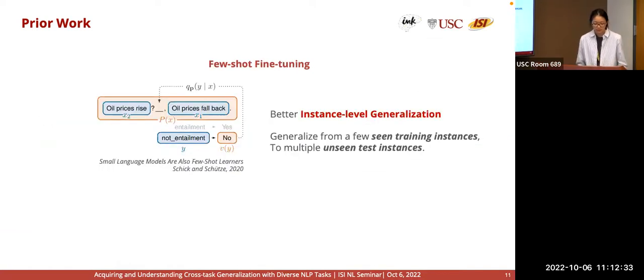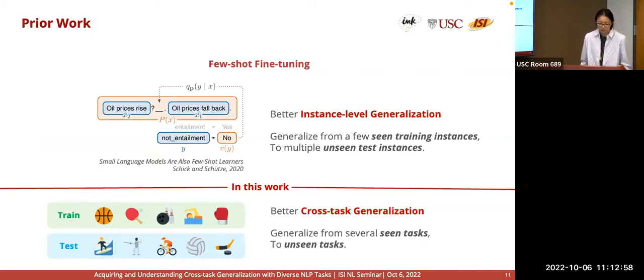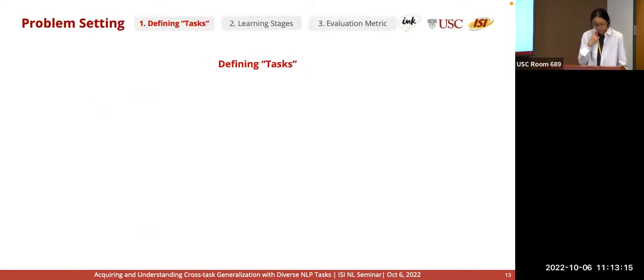And also, we are very relevant to few-shot fine-tuning. You're probably familiar with these terms of prompt learning or template-based learning. I would say they are relevant, but they are still more focused on instance-level generalization, how to learn from a few examples and generalize to more input-output instances. But in this work, we want better cross-task generalization. We have a set of trained tasks marked in green here and test on a set of different tasks. So that's how we separate from this prior work. So yeah, that's pretty much the background and prior work and how we want to make our CrossFit paper